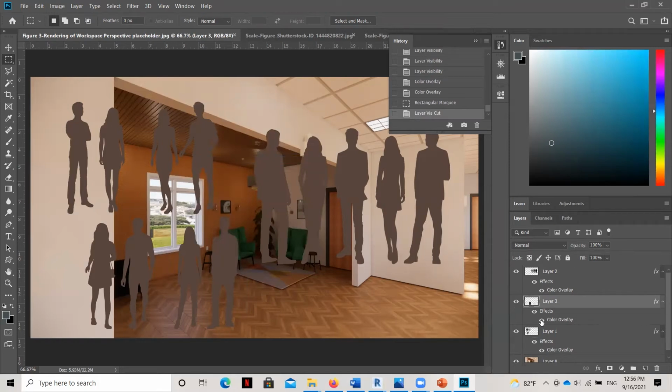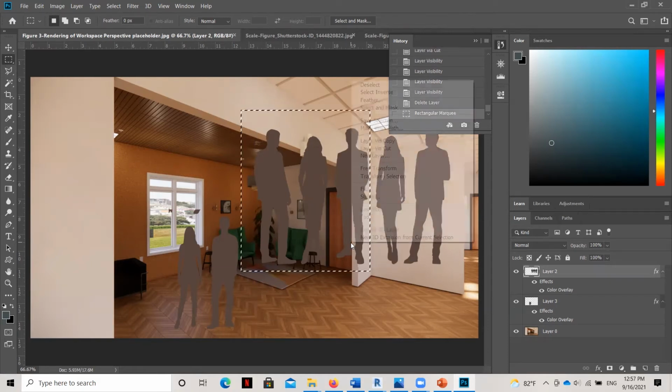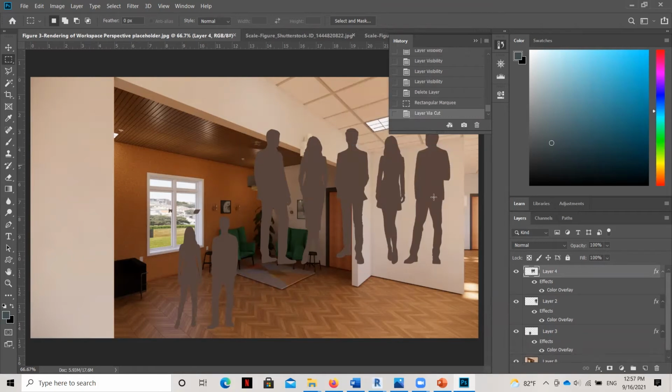And what that means is now I can get rid of the rest of these. See, I can turn them on and off, or I can just go ahead and get rid of them by deleting them right here. So those are gone. And then what I'm going to do is bring in maybe this group right here as well, because I think that, position-wise and the way that they're dressed, they are also looking really good. So once again, I'll bring these over here, and then a layer via cut. And then that means that we can then get rid of these two.